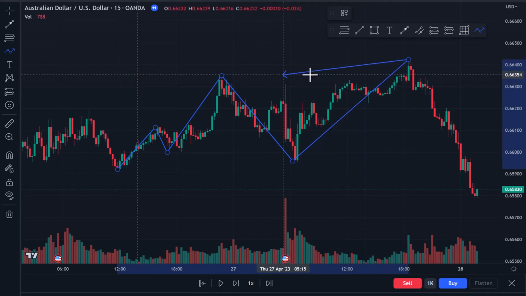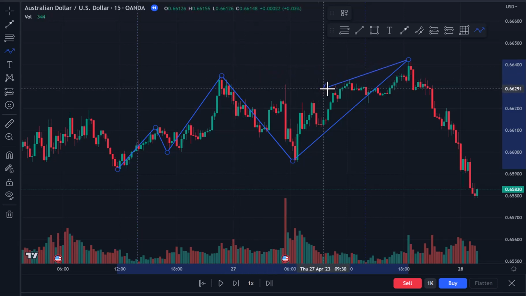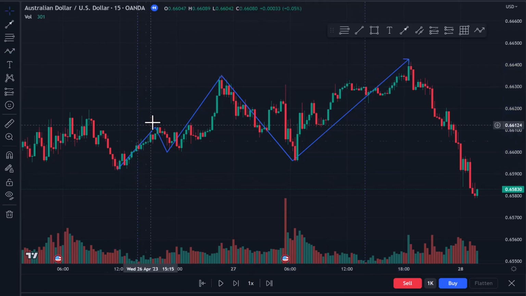We have a full body candle close above it, plus a valid candle as well. And so our structure at this time has been higher high, higher low, higher high, and